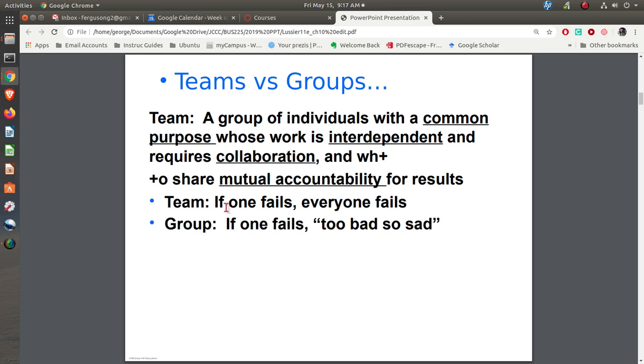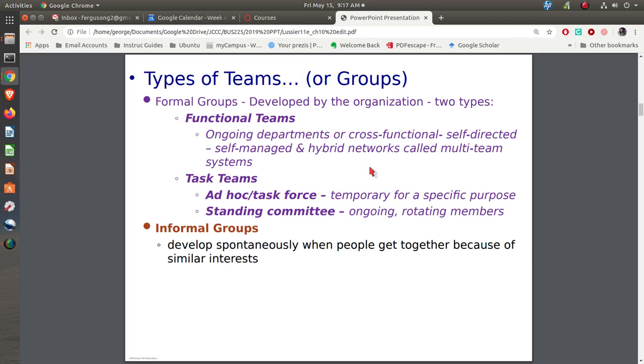So there is a difference between teams and groups, and that team aspect is where everybody has to work together and they really are all in it for one thing. Now, there are different types. You have functional and you have task teams. In other words, functional teams may be folks who are part of a department and they're working on a particular project together. Task teams might be a task force for a specific purpose, a specific project of some sort. Committees. Many times you have committees that are working on something,